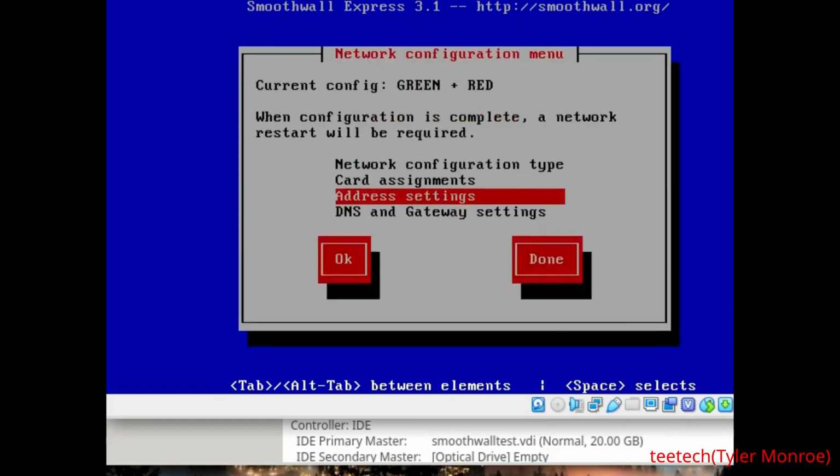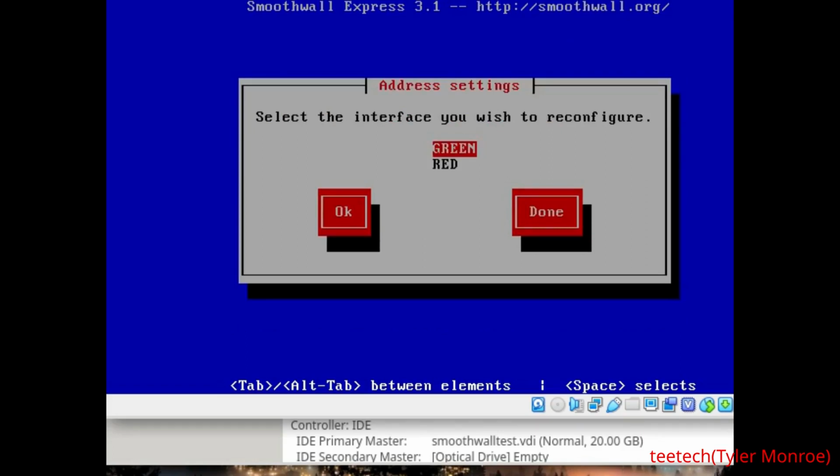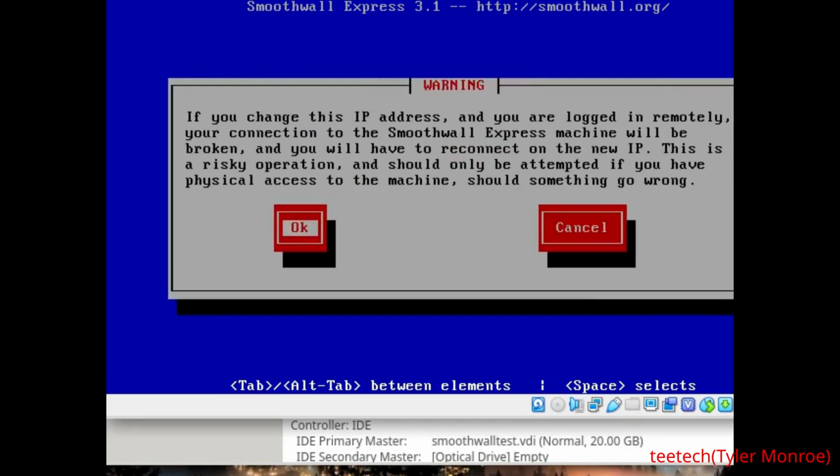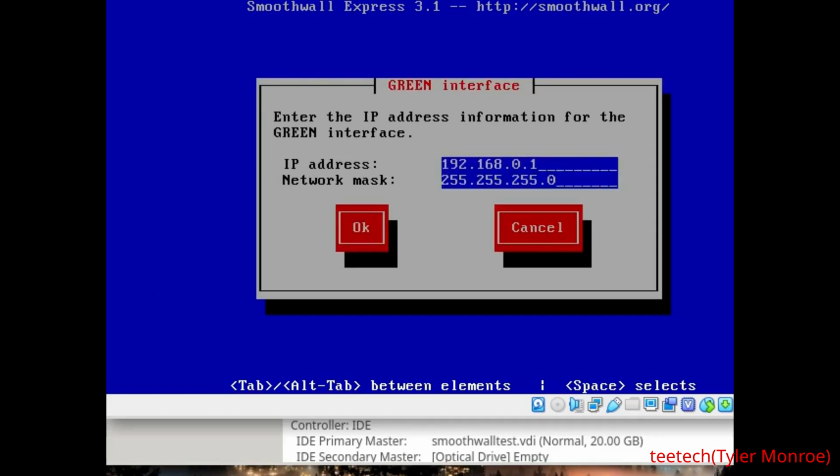Go down now to address settings and click for green. And it's just saying if you're logged in, the connection will break. And the main thing with this, if you have a certain modem that may have an IP like 0.1 or 1.1 or something, this is where you can change that. Or if you just have different needs, anything like that. Especially if you get orange, you have to change it to something else so they're not on the same subnet. But right now, we're going to use